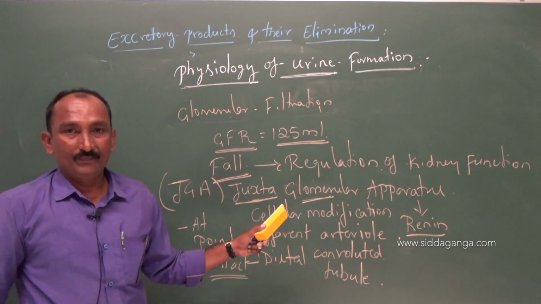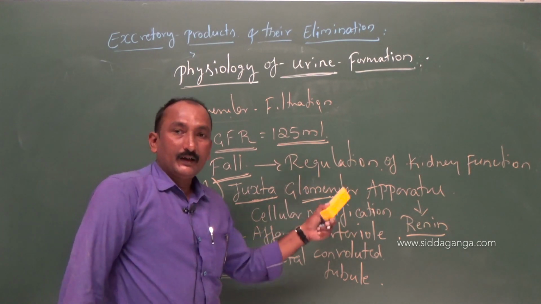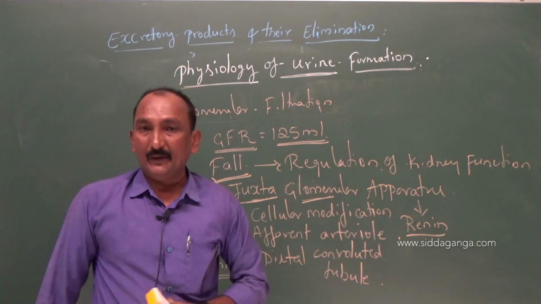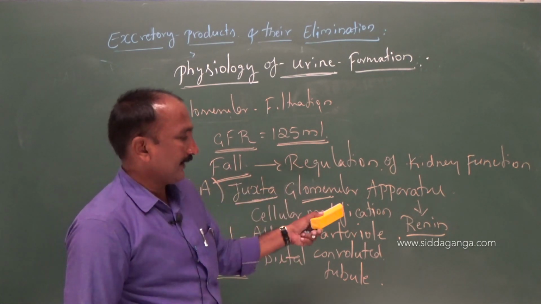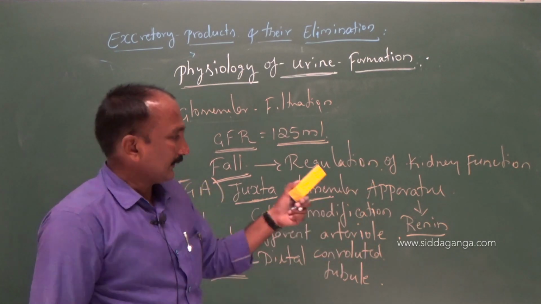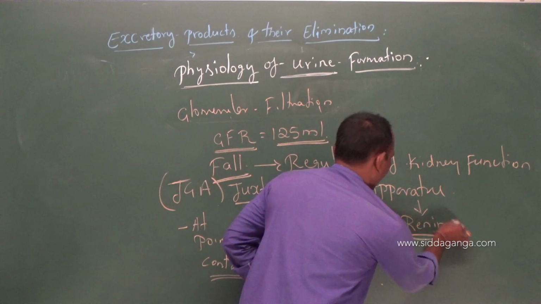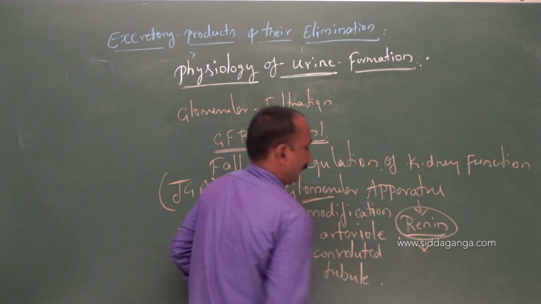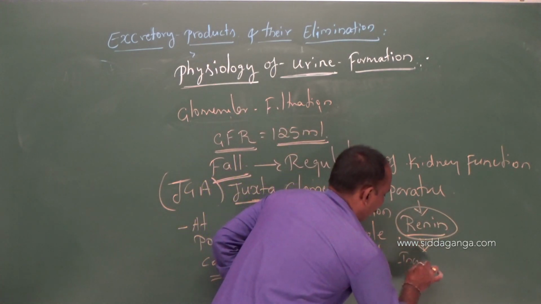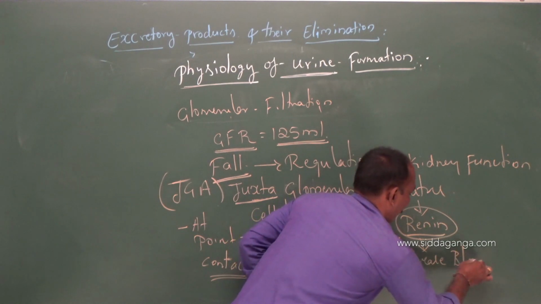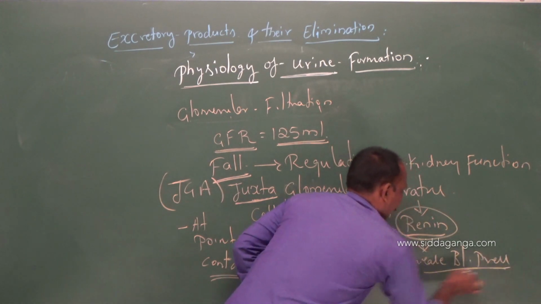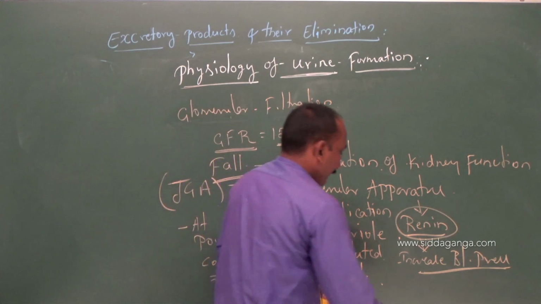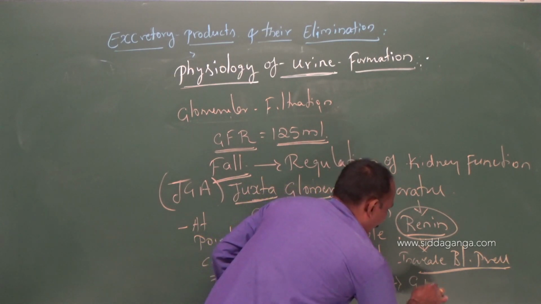It is not an enzyme. Of course, you studied in digestion that renin is one of the enzymes responsible for digestion of milk protein. Not such an enzyme, it is one of the hormones. That hormone secreted by the JGA, such renin, can increase the blood pressure, and thereby it can increase the GFR.